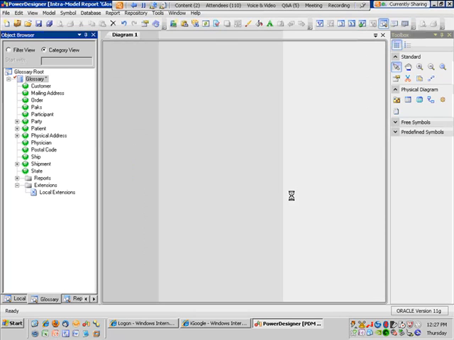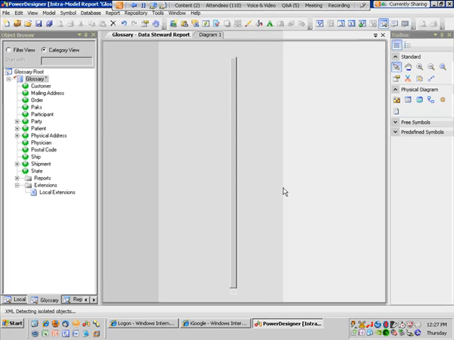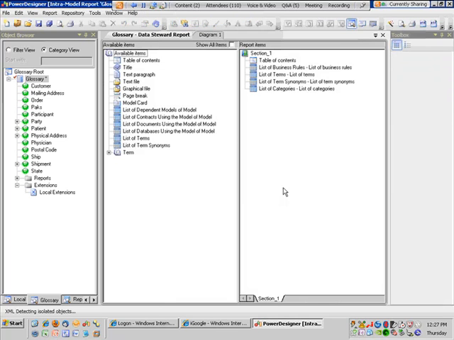And then you'll still get the Power Designer report writer will pop up. Again, the things on the left-hand side, those are the available items in which you can report upon. The things on the right-hand side is that schema in which you'll be reporting upon. So you could come in and say, well, I know I don't have any categories, so I'm just going to remove that and drag and drop that out. I don't have any business rules right now, I really don't care about this for my report. And then from that point, you would have that report,